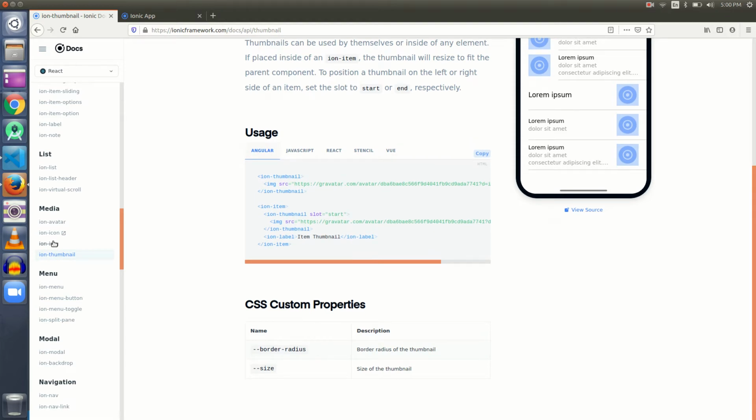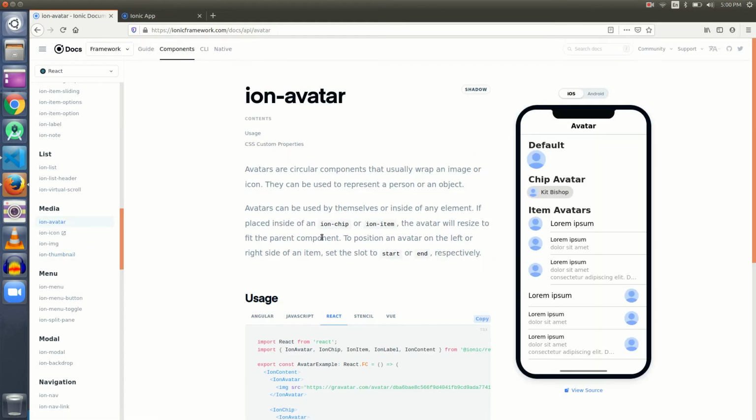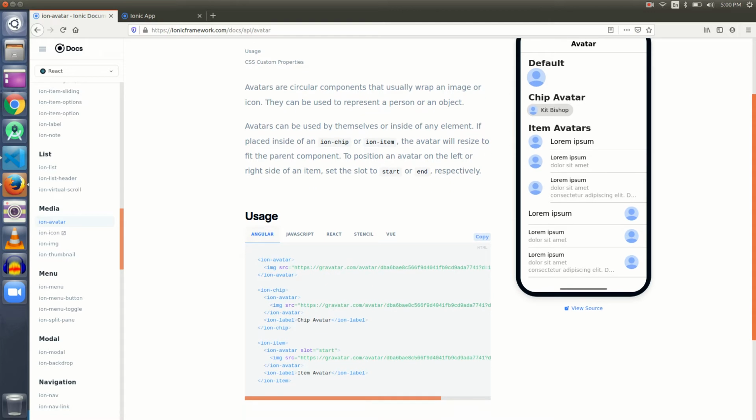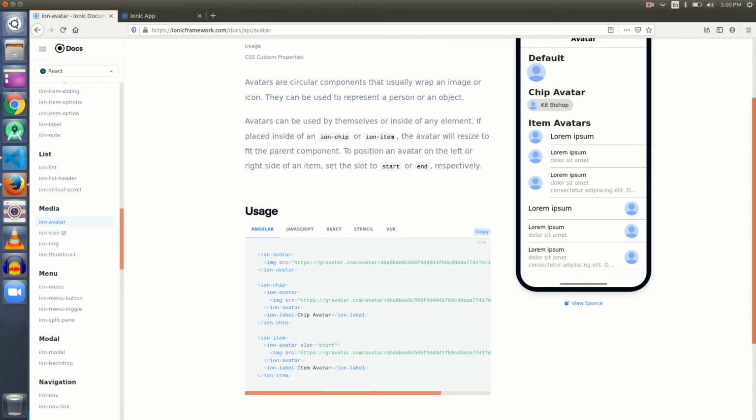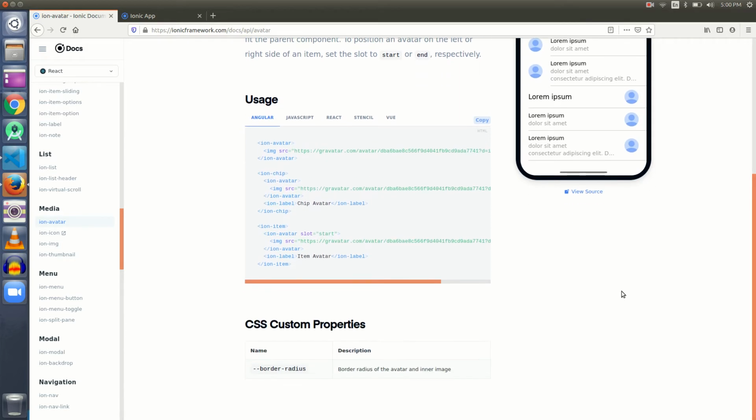That is done. And in an Ion avatar again, in the Angular one, see, Ion avatar is used inside an Ion chip, and beside an Ion avatar there is an Ion label used. So one more use for Ion label. So nothing much in Ion avatar as well.